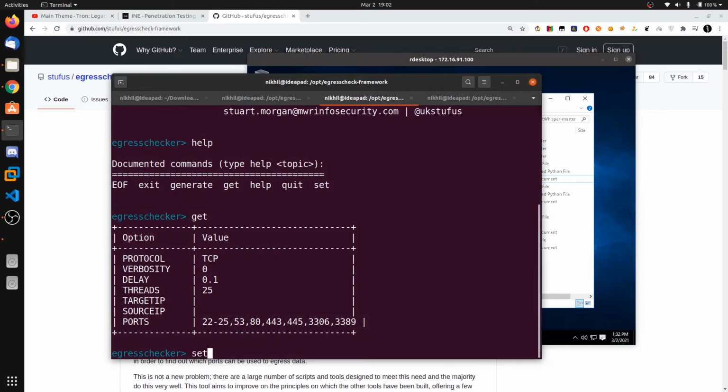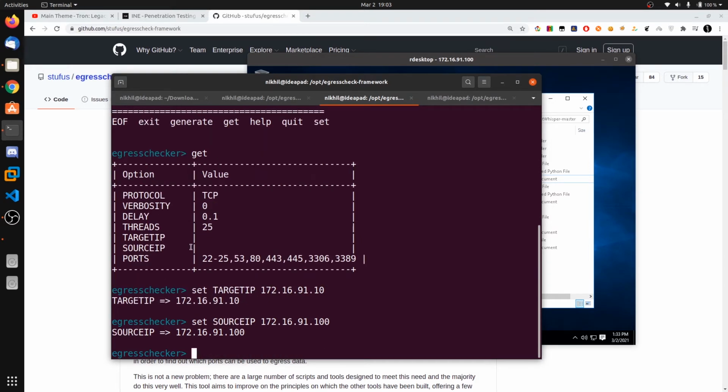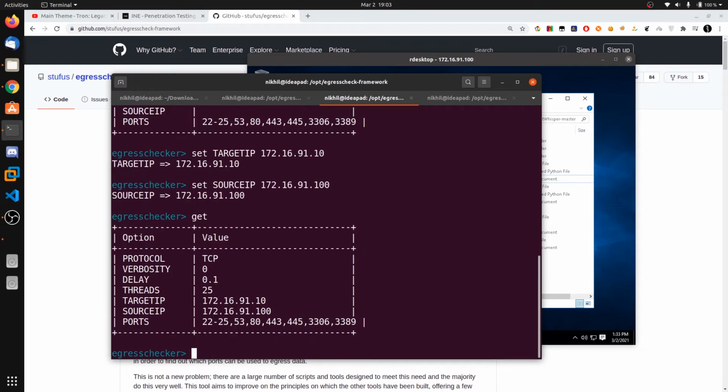Now I can say set target IP, and set source IP, just say 100. Now I can say get to see these values.